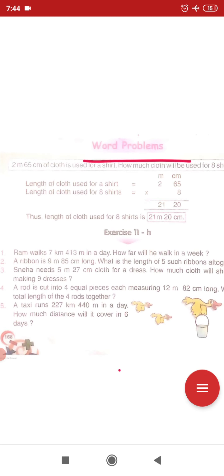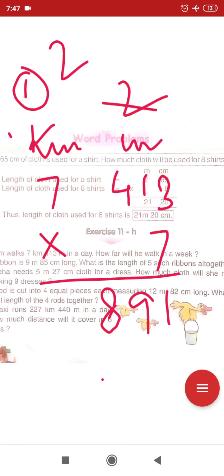2 is left. 7 1s are 7, and this 2 should be added. So 7 plus 2 equal to 9. No extra number. 7 4s are 28. So 28, the rightmost digit of 28 is 8. So 8 should be put in the hundredth position in meter column, and this 2 should be carried. This 2 should be added. We should add this extra 2 with the